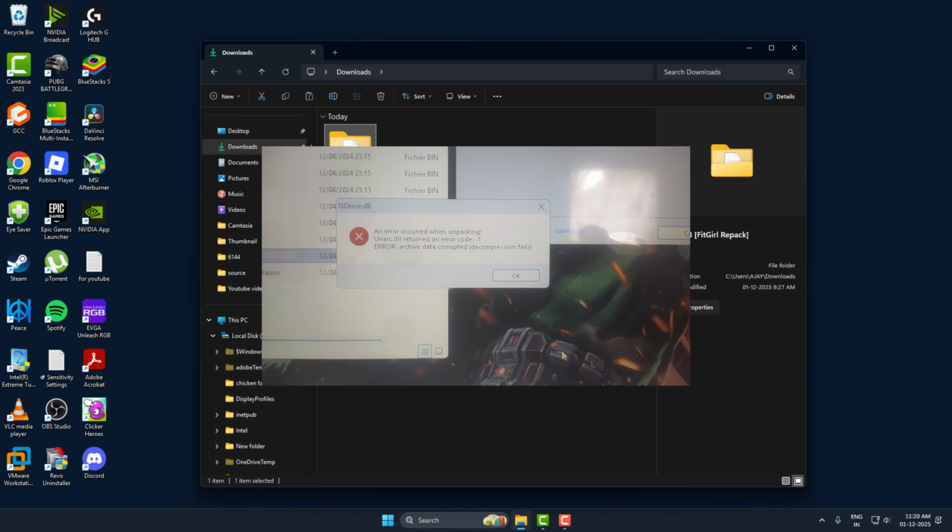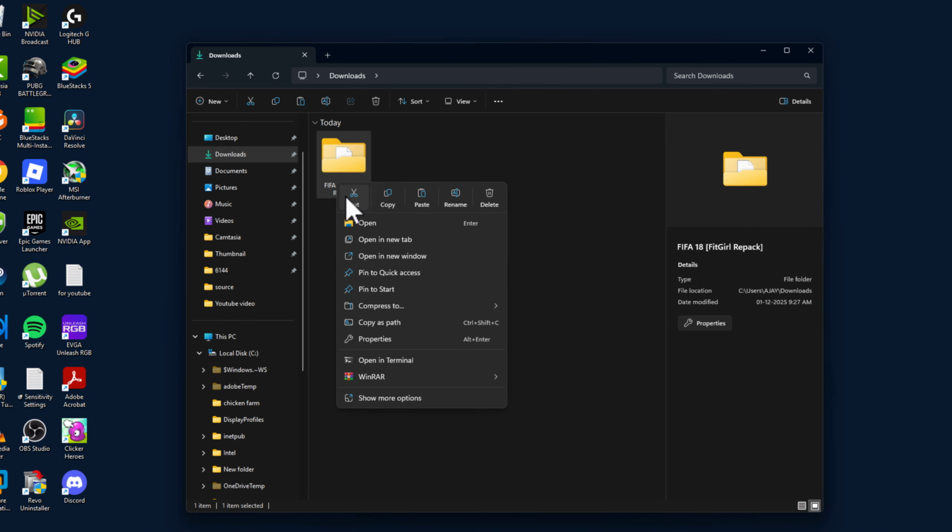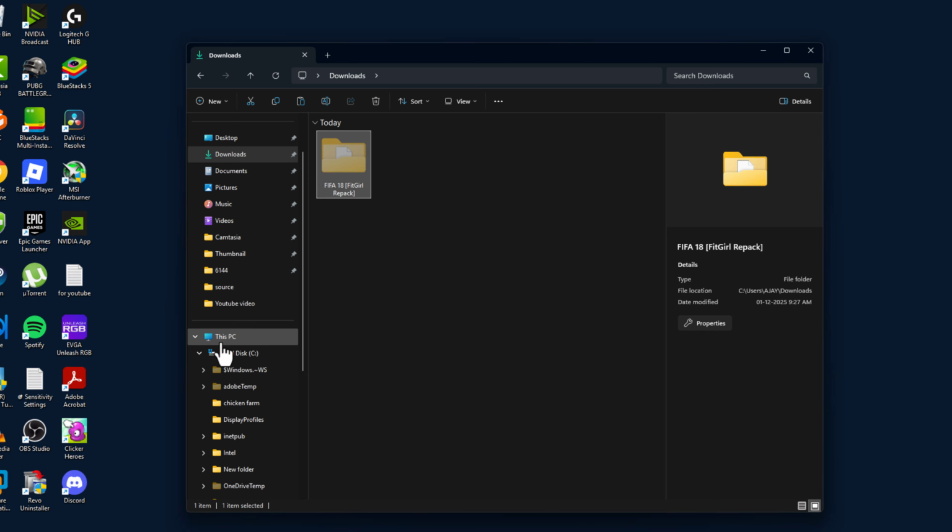Today I got this error: Unarc.dll returned an error code -1. Let's fix it, guys. Just right click on the setup folder and select cut option, and then go to this